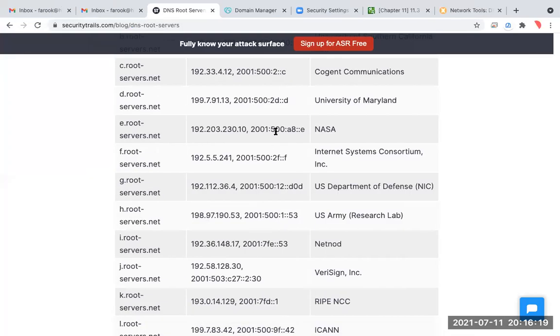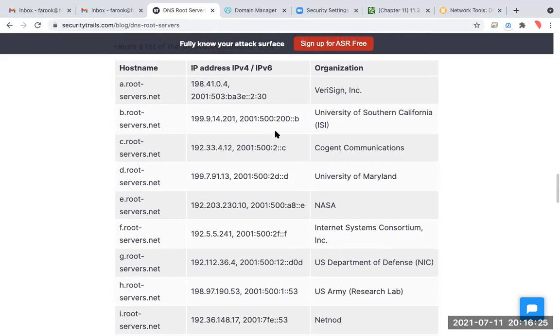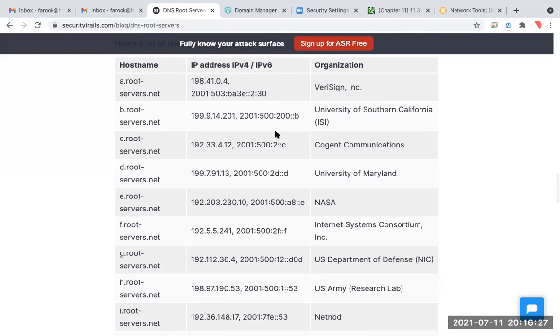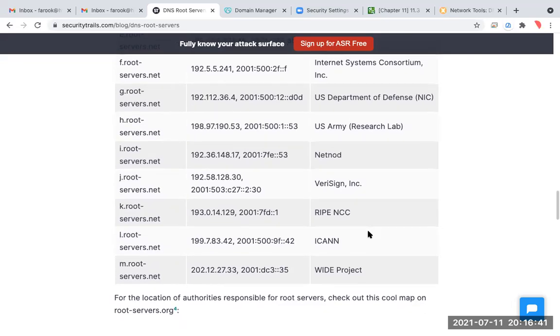So here, these root servers are actually the original internet. They are stored in the US Department of Defense, US Army, NASA, University of Maryland, University of Southern California. I mean, big guys. These servers are never going to go down.